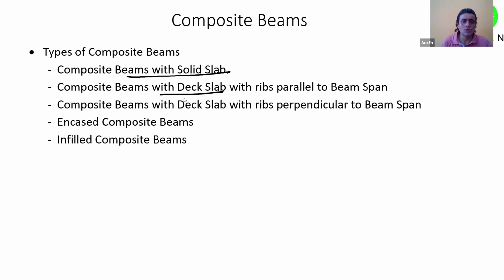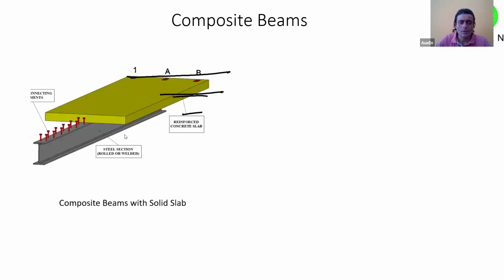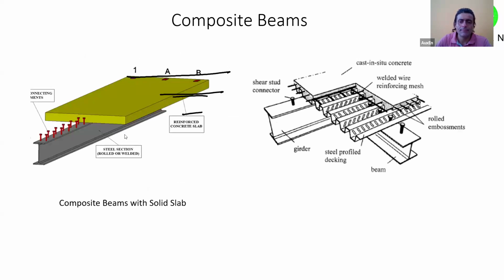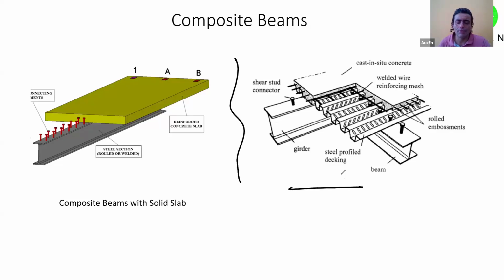Now I'll just explain these two types, deck slabs, and what is meant by ribs parallel to and ribs perpendicular to. So let me just explain that to you. So this was an image of a solid slab. Now this is an image on your right side, which is a very popular image, which you will, I think, see everywhere being used whenever a topic of composite structures comes up. I think this image was originally given in the Eurocode, and then this image was picked up in the book